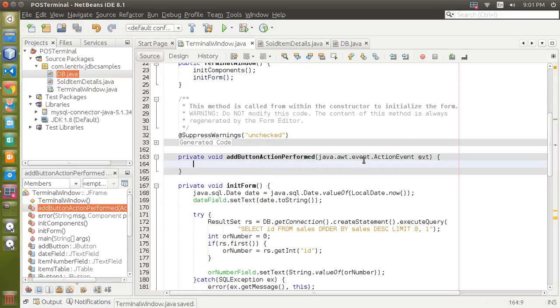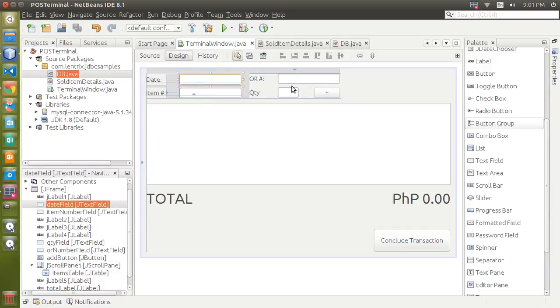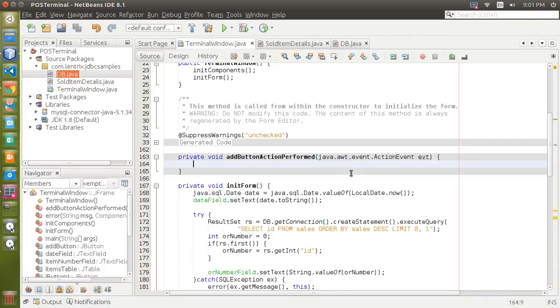Okay, so when the add button is clicked, the init form is already executed, so there's already a date and an OR number on those fields. By the way, I could have just disabled editing on these two text fields, but I changed my mind. Anyway, so when the add button is clicked,